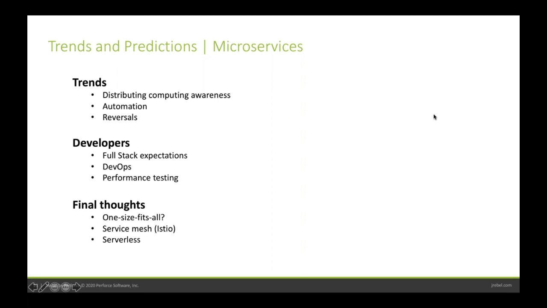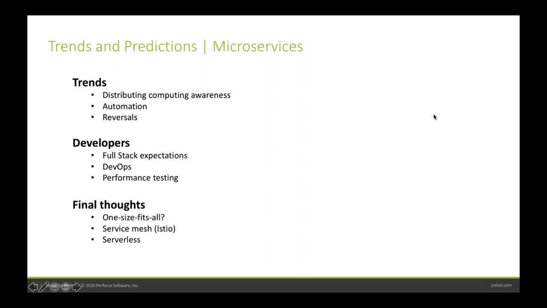And for these reasons, because it's complex, I think we're seeing more reversals. Companies that are deciding, at least for specific projects, that microservices maybe aren't a good fit. They're too challenging. Even some of the big analysts have said a lot of companies, up to 90%, will revert at some point and say that microservices are too difficult for certain apps and fall back to mini services or monoliths to relax some of those constraints. So it's not a panacea.